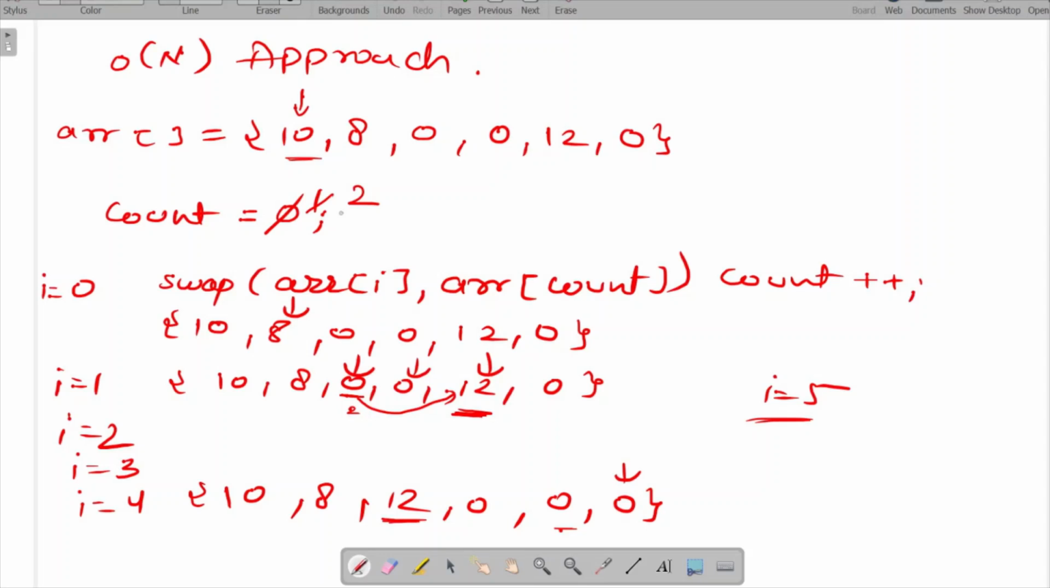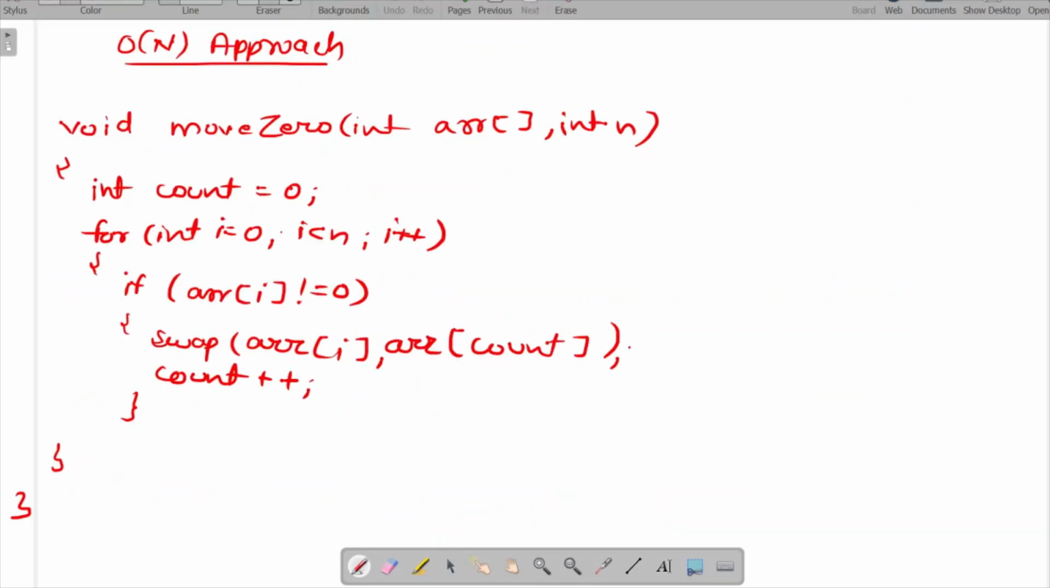So let's see how we can write this function. In this case we have taken a move 0 function, which is taking array, and n is the argument, n is the size of the array. So initially we are setting the count value as 0, and we are traversing the entire array from 0 till the end of the array,